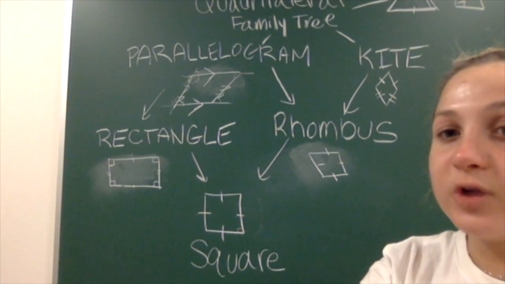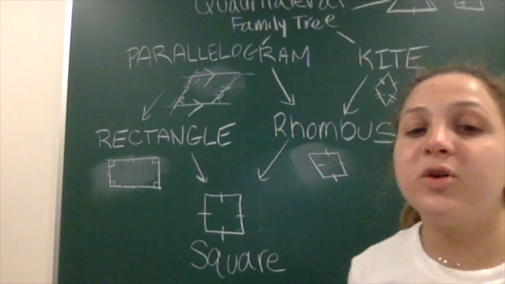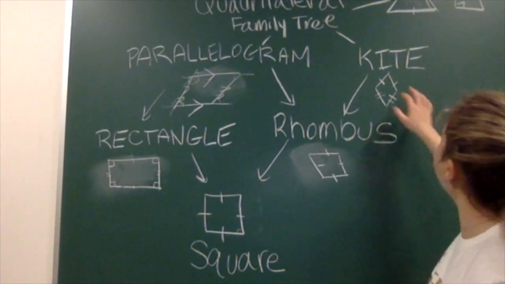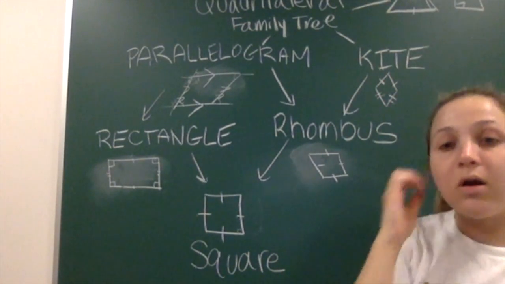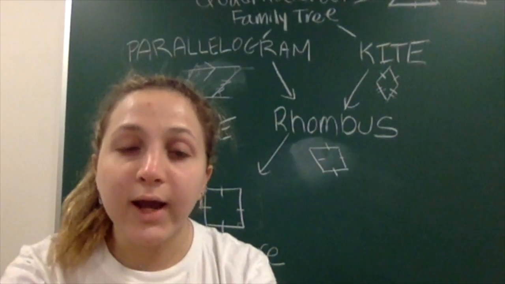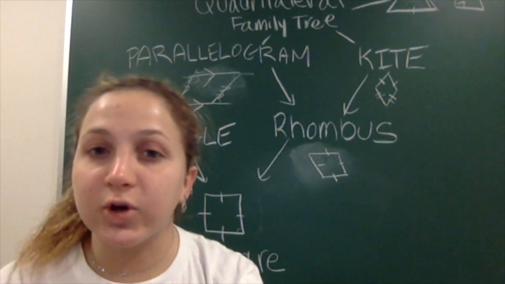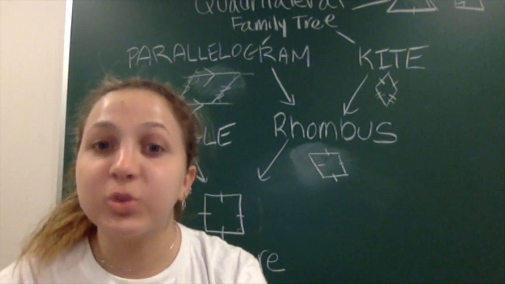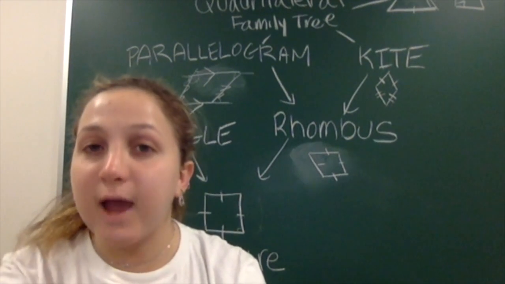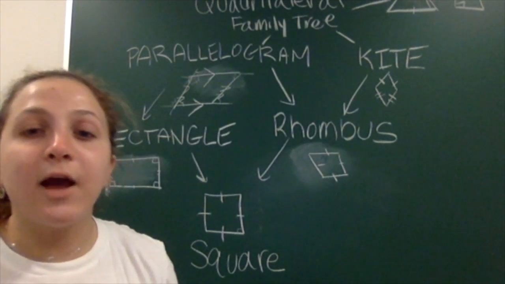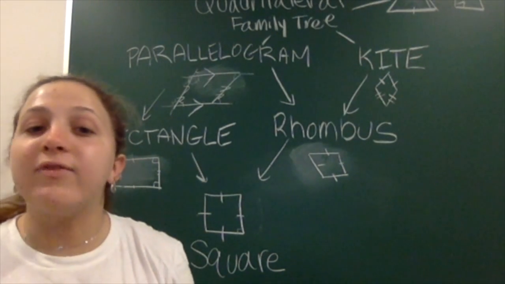I have also drawn a line from the kite to a rhombus. The defining attribute of a kite is that the two pairs of equal adjacent sides are equal to each other. A rhombus is a kite because in a rhombus, all adjacent sides are congruent. Moreover, a square is a kite because, like a rhombus, it has all congruent adjacent sides. However, a kite cannot be a square or a rhombus because it does not meet the defining attributes of either